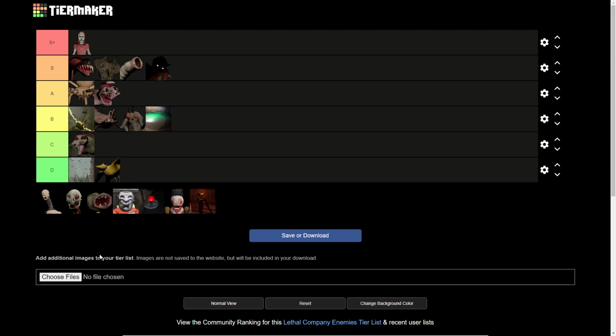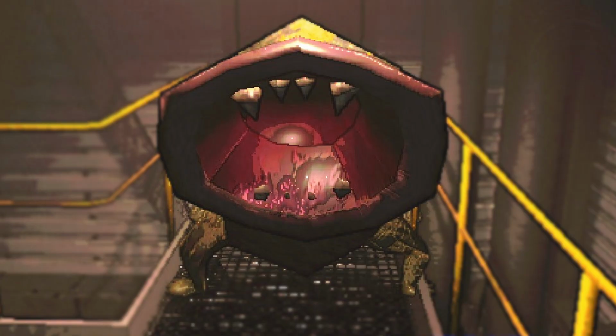Alright, next up we have the Spore Lizard. Now the Spore Lizard is just going straight into D tier. Honestly, it really isn't. Actually, no, you know what? C tier. Alright, so the reason why I'm putting it in C tier is because it has got a slight bit